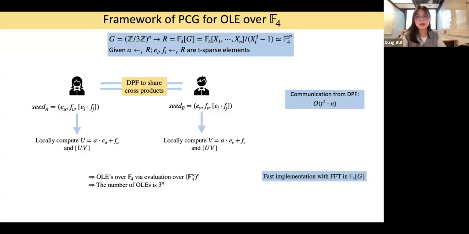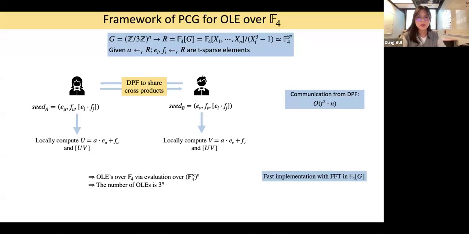So we need to pay t square, because t square is the number of distributed point functions, and we need to pay n, because n is the length of the vector. And so this is the communication cost of the distributed point function that you need to pay to get the C,